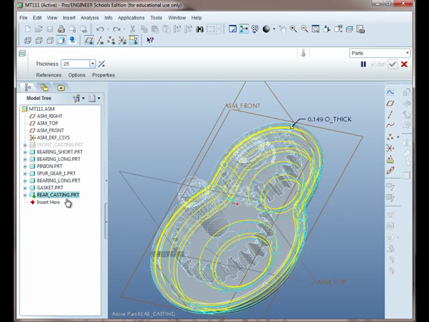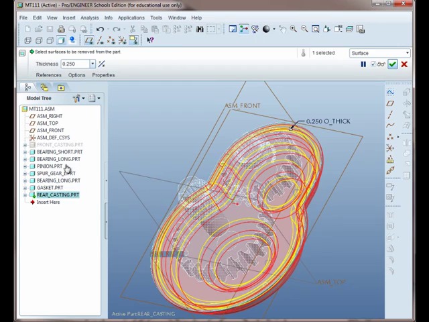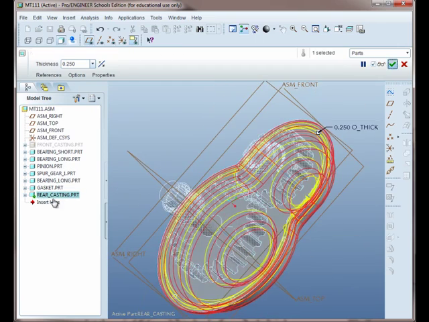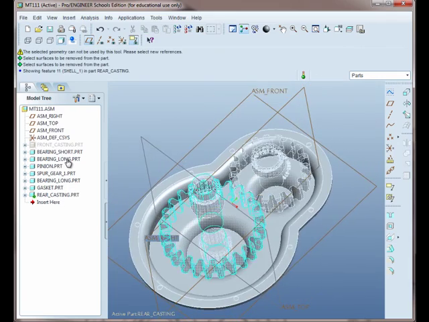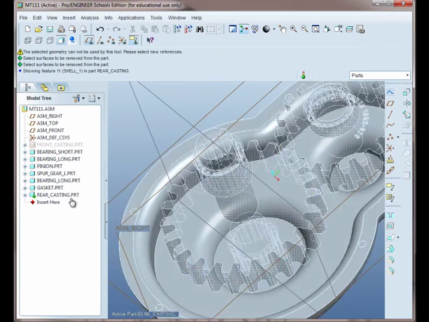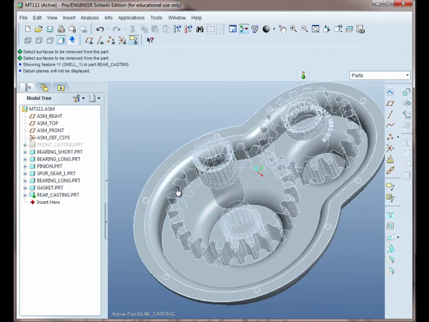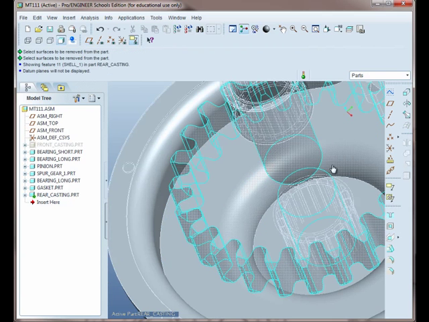And we just have to make sure we select that face at the top to remove and hit apply. Now with it shelled, it's a good idea to go ahead and start putting in some of the rounds on the inside. So we'll go ahead and start with the rounds tool,